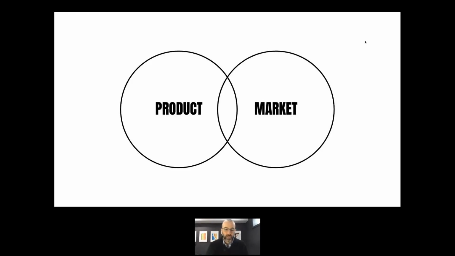Now, if you're on this call, my guess is you're very familiar with the concept of product market fit. It's wildly popular. It's something that a lot of people are aspiring towards. Product market fit is something that most of us are trying to achieve, whether we're in the tech sector or outside of it. It's a concept that makes a lot of sense for anybody who's building a product or working in sales and marketing. The thing about product market fit is it's often easy to understand what it is, but often hard to get there. It's very difficult to achieve.